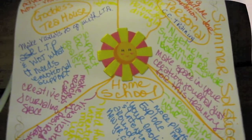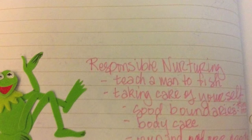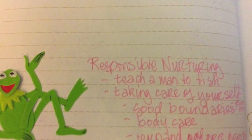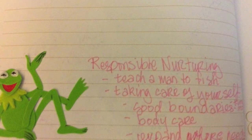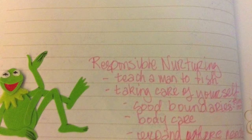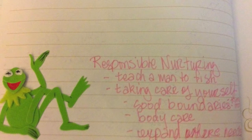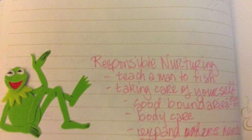I'm focusing on. As I was preparing for the Capricorn new moon, the Capricorn full moon, I got the image of this is kind of a playful thing that Gemini told me, so I'm trying to add more playful elements to my planning. So here's Kermit, the hardworking leader. He's a responsible, nurturing person. And so I wanted to write down a few little things about this Capricorn moon with the Cancer sun to